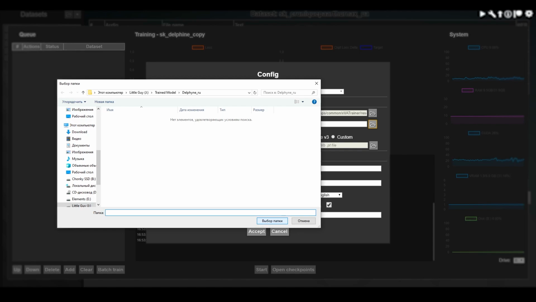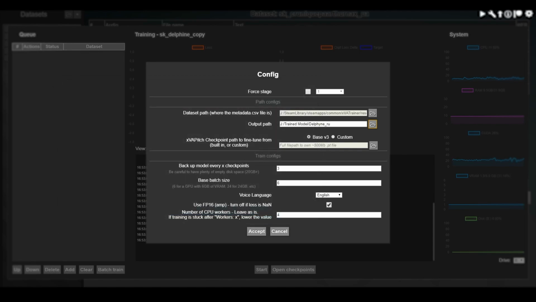It might take some space on your SSD or HDD. SSD is in priority because it will be faster. Then what you wanna change is obviously your voice language to the voice language that is in your dataset, and